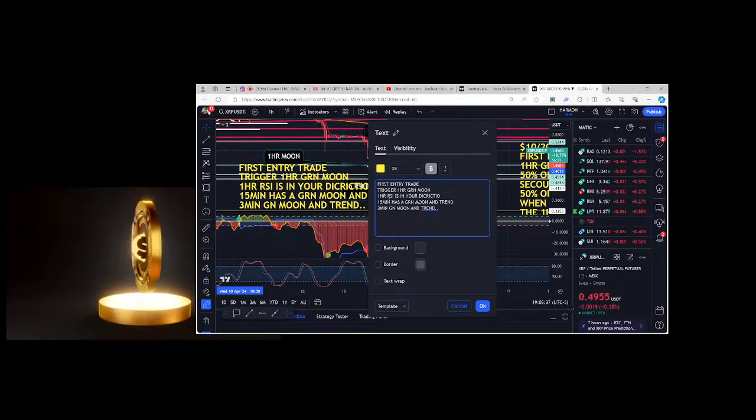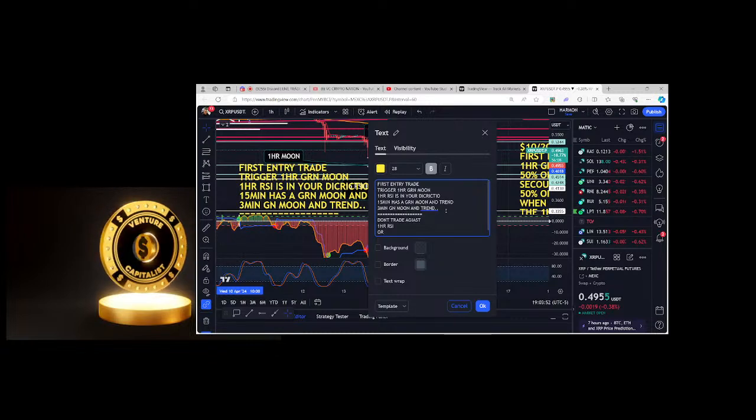Now, with the 1 hour RSI, right? This is kind of like the basis, maybe saying it this way: we don't trade against the 1 hour RSI or the 1 hour trend. The RSI is your first trigger to say, okay, I'm not going against the 1 hour RSI because the rest of this happens with it. So we don't trade against the 1 hour RSI. And if we're doing a long, we need the 15-minute moon and trend